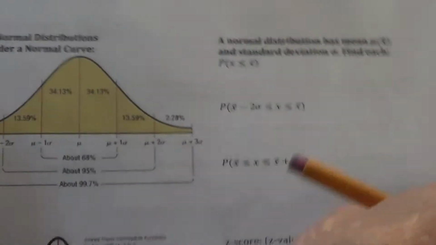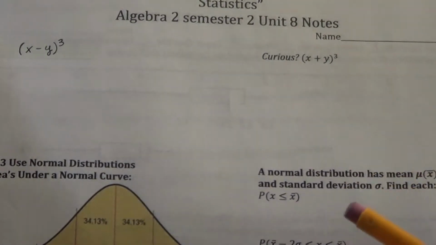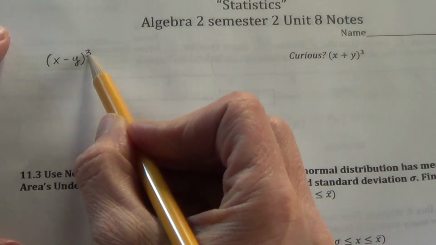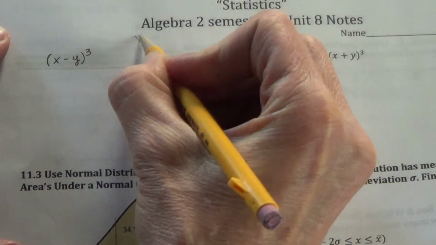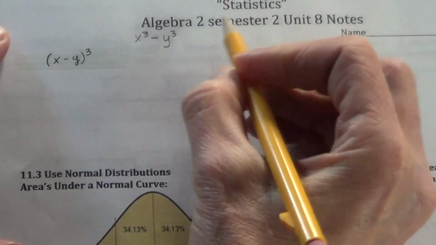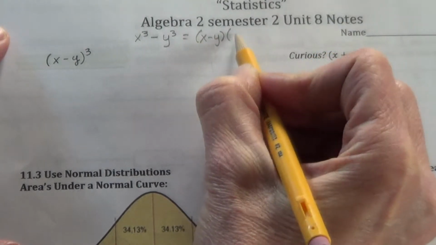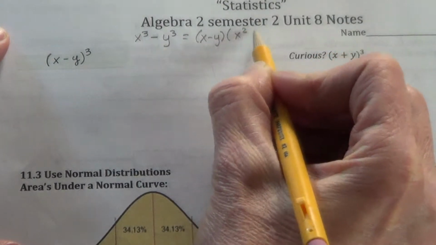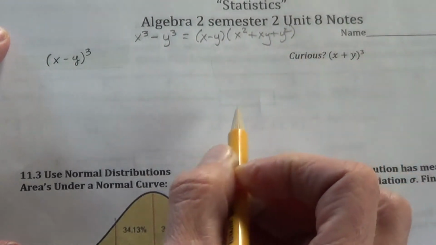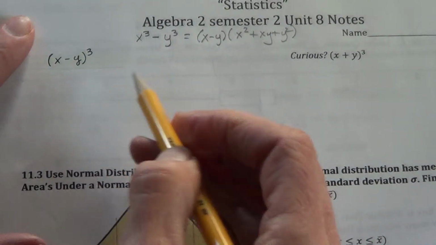Now moving up to the top of page 12. I wanted to look at some patterns that occur here when we're multiplying some binomials. x minus y, if we take that 3 times, I wanted to show you that it's not the same as what you looked at yesterday where it's x cubed minus y cubed. And if you remember right, that would be x minus y times x squared plus xy plus y squared. And I just want you to see that the pattern's not the same, that this does not mean the same as that. What this actually means,